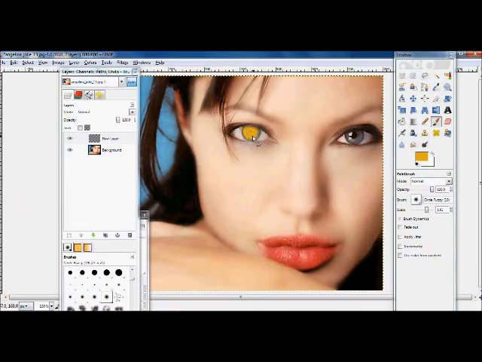As you can see, I'm painting around the eye. Trying not to get too much on the eye. In a minute, I'm going to introduce one more technique. Once I get this how I want it,